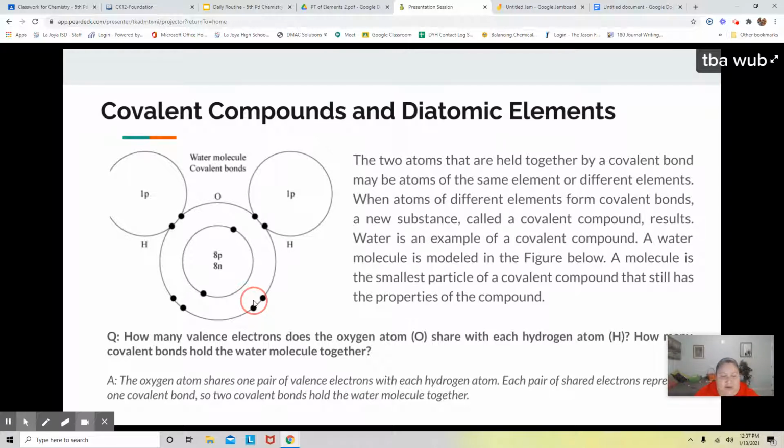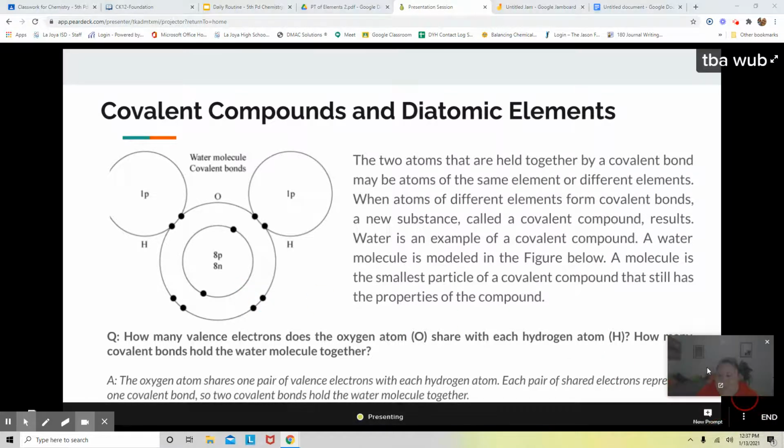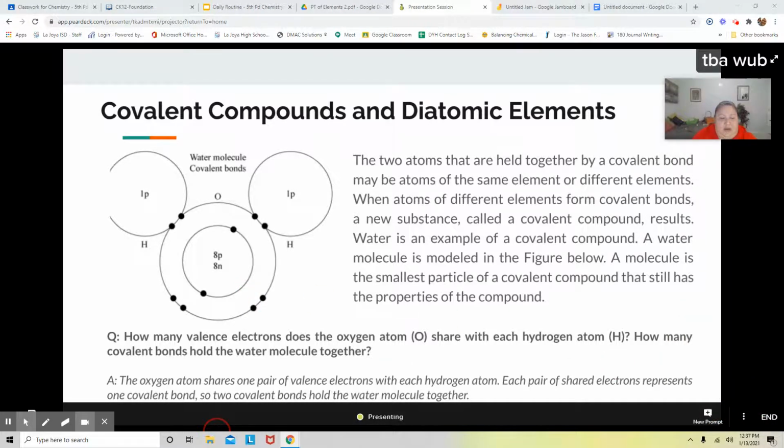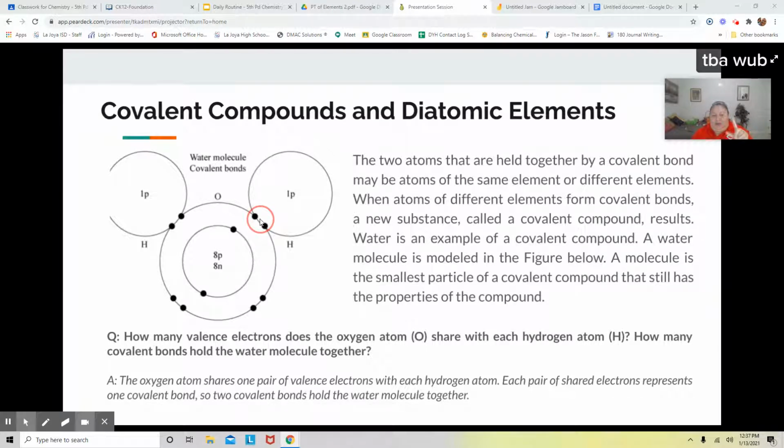So it says here at the bottom, let me move this. How many valence electrons does oxygen atom share with hydrogen? Well, originally this guy had 1. So how many do we have? We have 1 pair, right? 1 pair means 2 electrons,